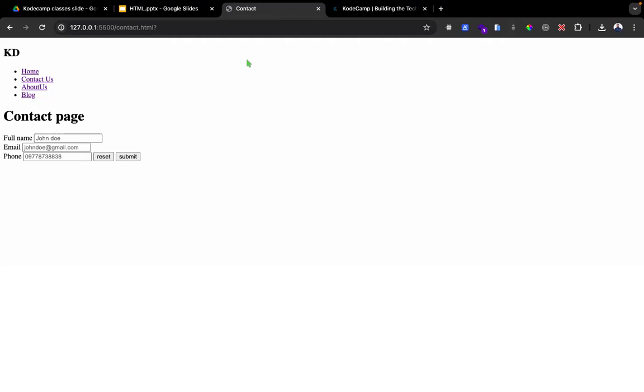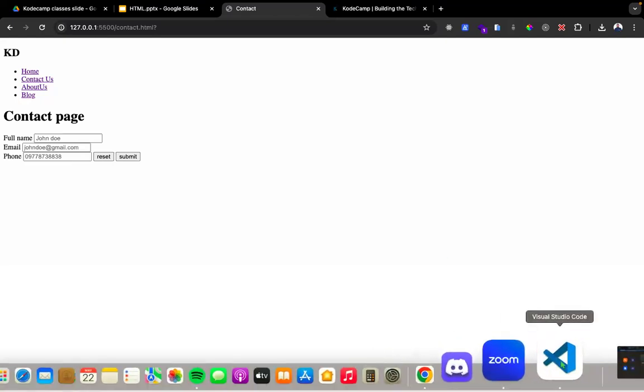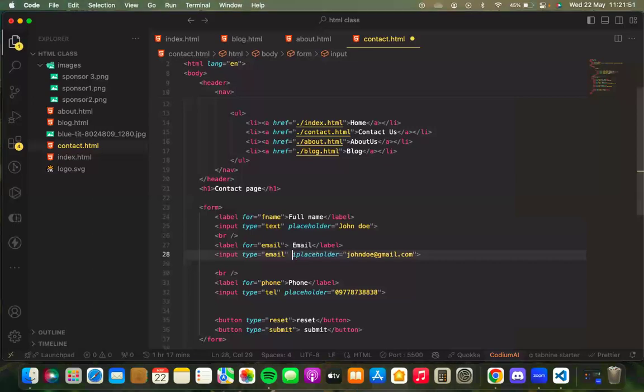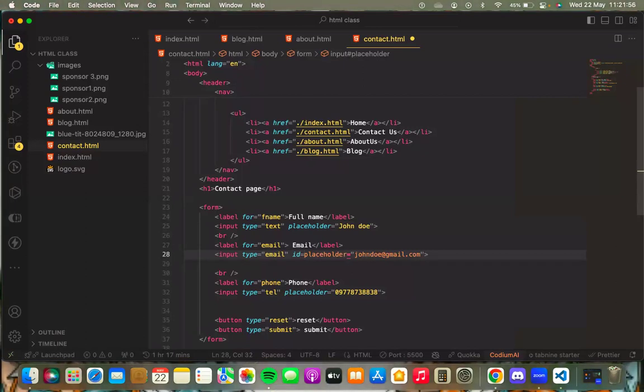I've noticed that when I look at some materials online, when people write your label, if you look at the one for your name, you write for F name. I also noticed that when people want to do the inputs, they use something like ID, then they assign it to also the F name. I don't know if that's a good practice or a bad practice. It's actually a good practice. The reason they do that is because